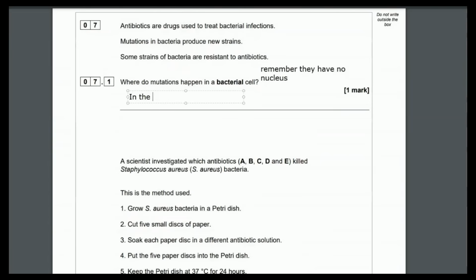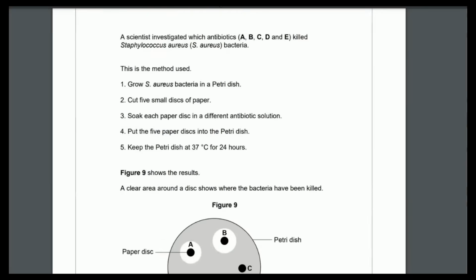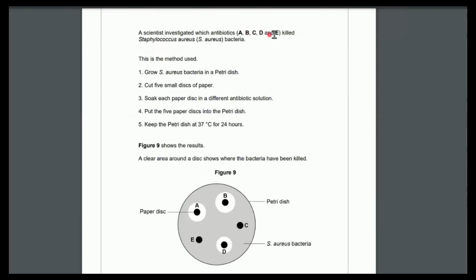So we've got to remember that bacteria have no nucleus, but they do have DNA. So a mutation is a change in a gene. So it must happen in a gene or DNA, in fact, in circular or free DNA, as bacteria have tiny little circles just made of a couple of genes called plasmids. So you could say in circular DNA, just DNA, genes, chromosomes, or plasmids. Any of those would be good.